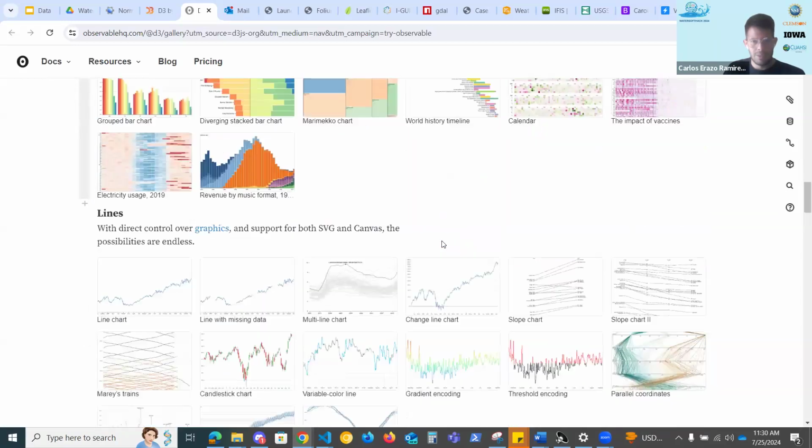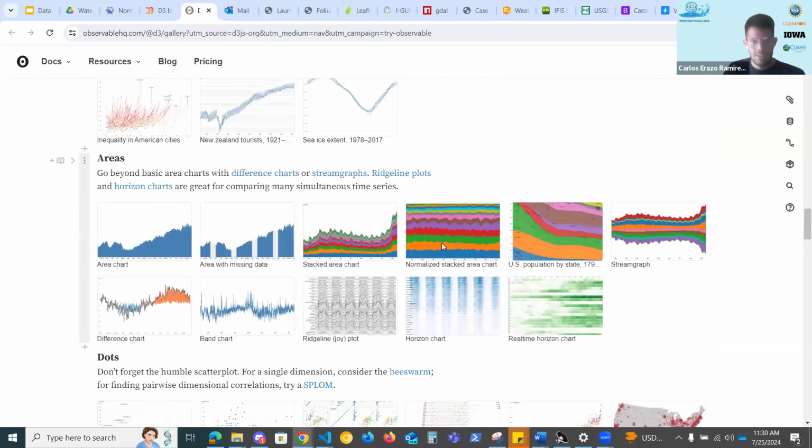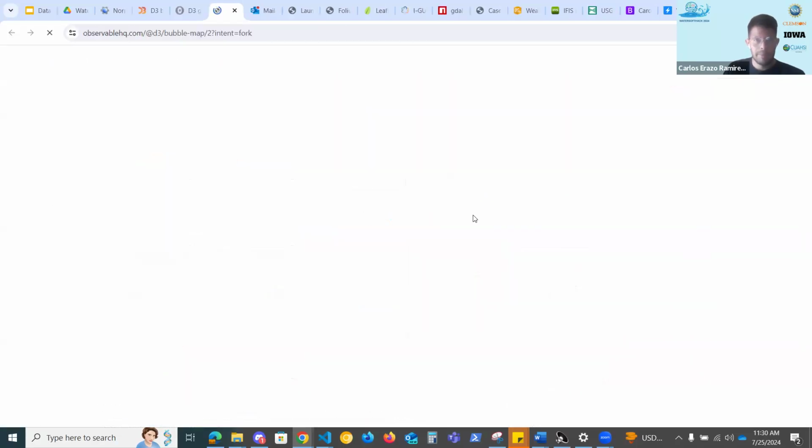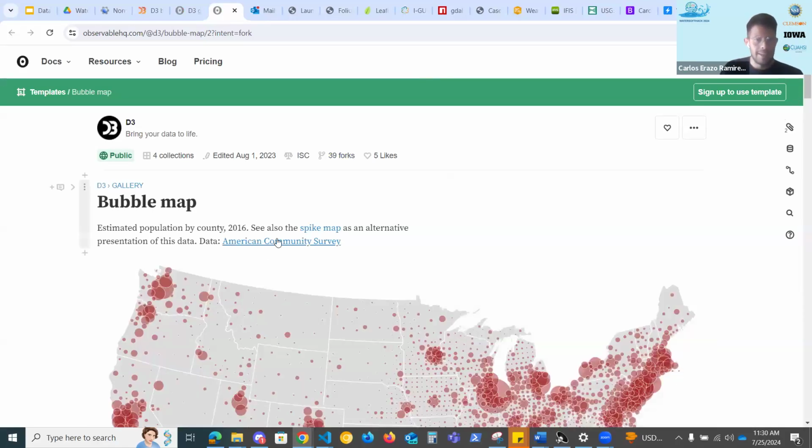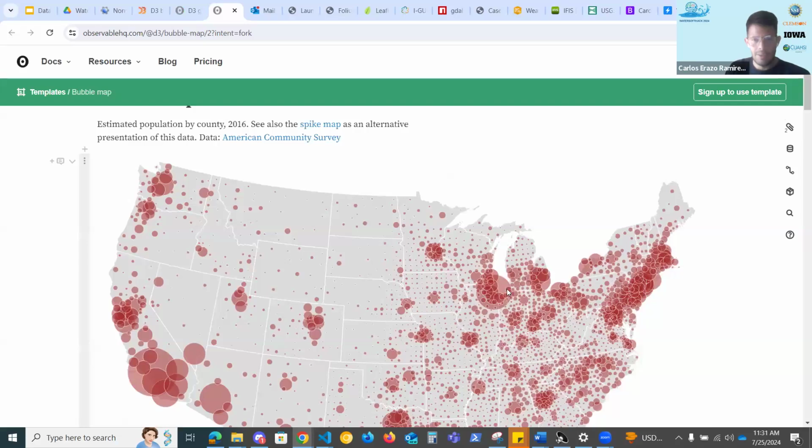Maybe that's going to be too much to see. Let's see. Well, this is a bubble map, right? Bubble map, it has all this nice information. All of this is just being done by D3. It has a lot of different features. It is a steeper learning curve, and I agree. I'm not trying to say that it's straightforward to use,